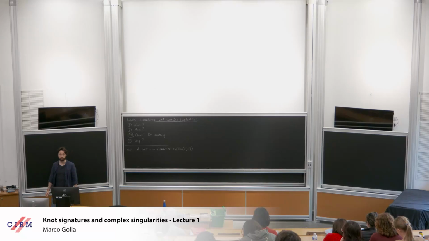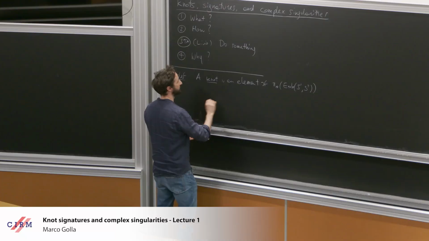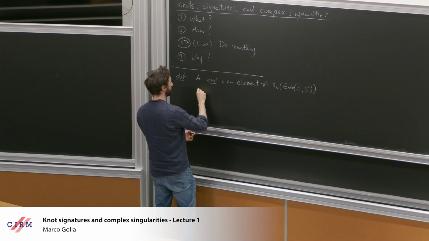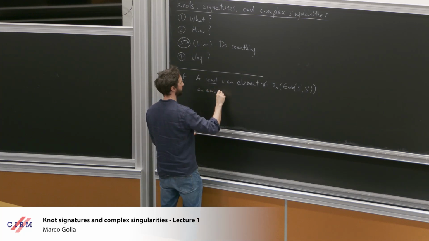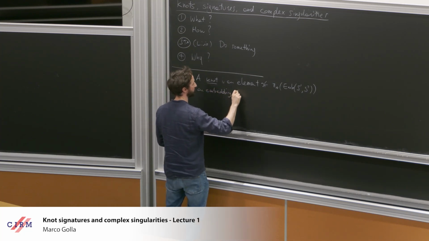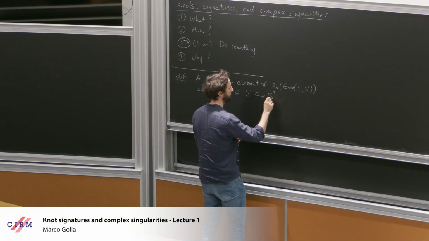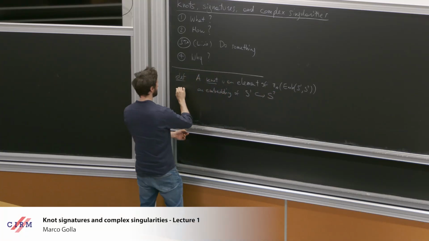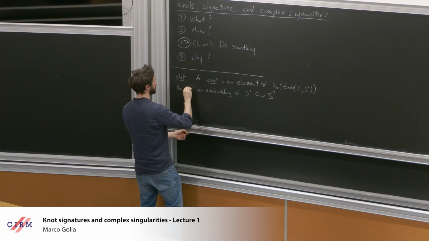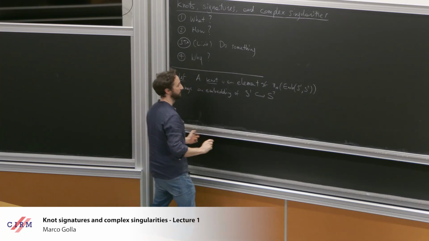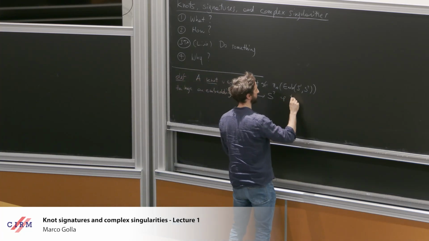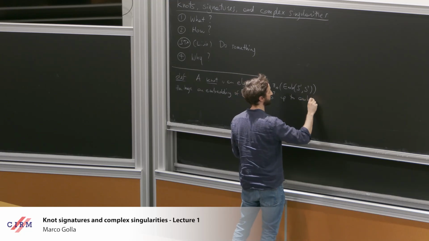But yeah, it's a rather maybe convoluted definition. So a knot is an embedding of S1 into S3, or maybe the image of, up to ambient isotopy,